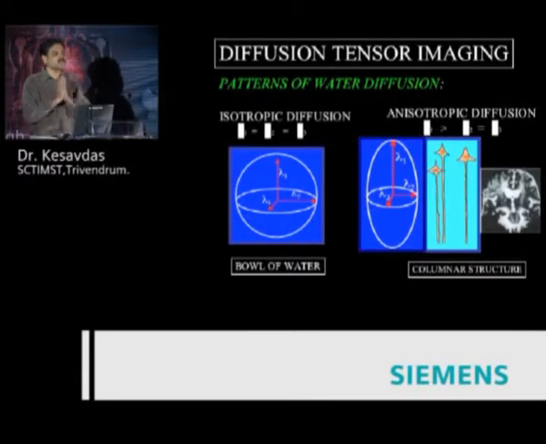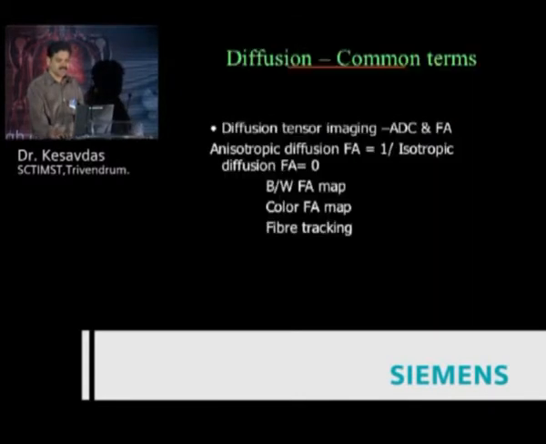Diffusion tensor imaging is not tractography. Tractography gives a very small amount of information. Look at the FA maps. You have a black and white FA map, you have a color FA map. In fractional anisotropy, if the FA is very high, the high FA is an FA of 1. That means there is full directionality. If the FA comes down, if FA becomes 0, that means there is no directionality. So within the CSF space, you have an FA of 0. Within the corpus callosum, you have an FA approaching 1. It may be 0.8 or 0.9. So these particular values are important. Now with this information, we will go to some cases.